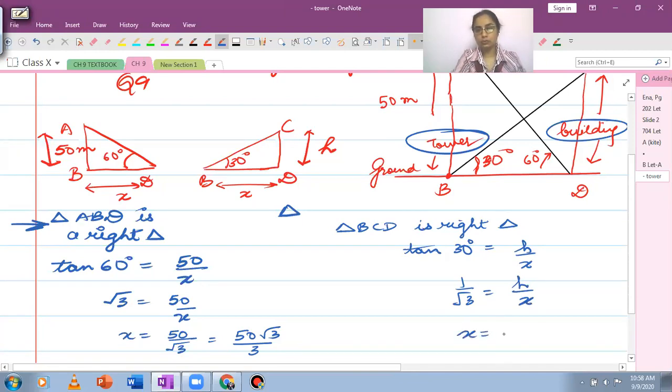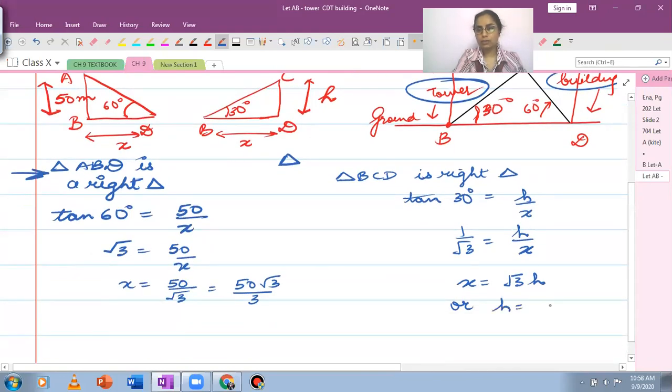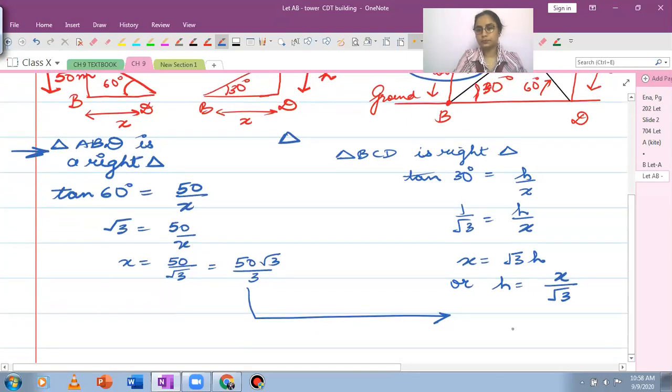X comes out to be root 3 times h, or h is equal to x over root 3. So using the value of x over here, this comes out to be